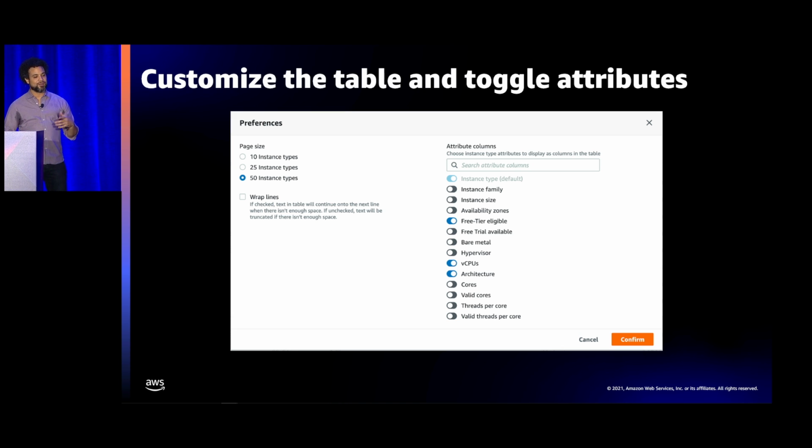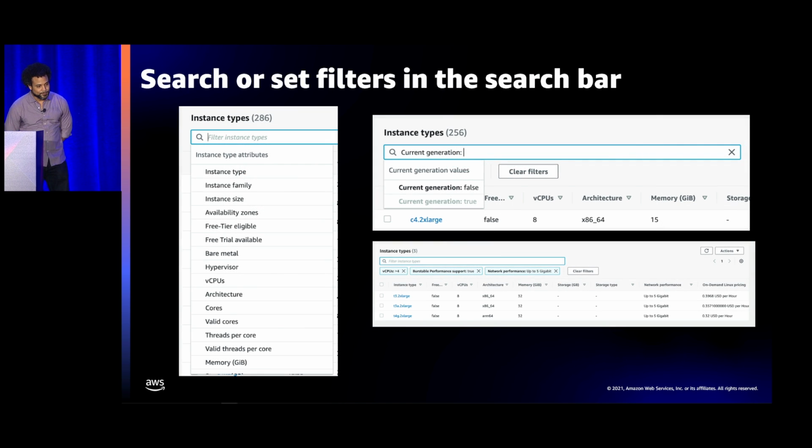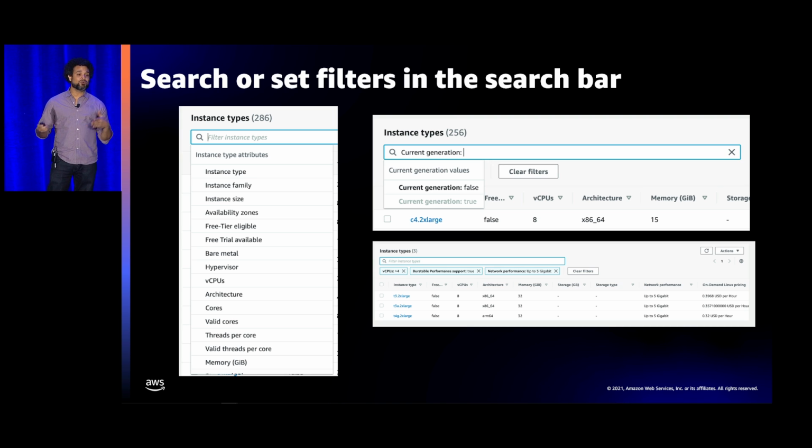So now we've done this, let's go back and start adding in attributes. So I can see for instance types, I can start to filter down and enter some things. And there's many different set filters you can use. For example, if I put current generation, it will filter by the current generation of instances, right? So you can see the latest and greatest if that's where you choose to start. If I put metal, it'll return bare metal instances.